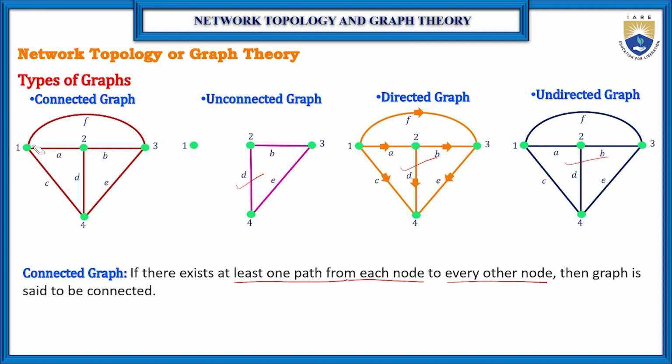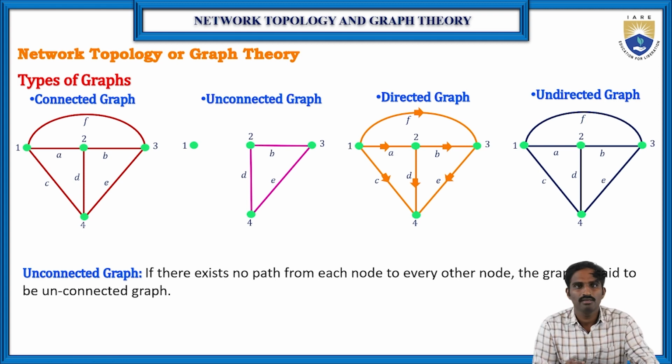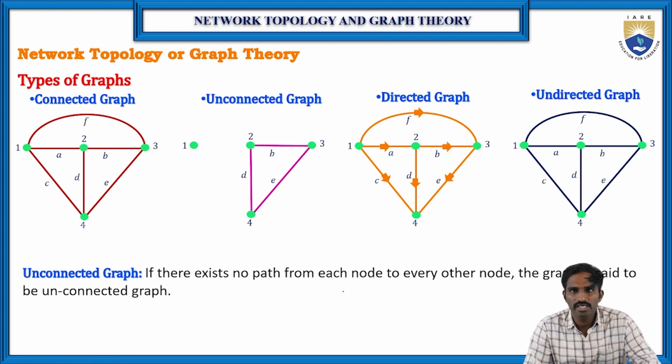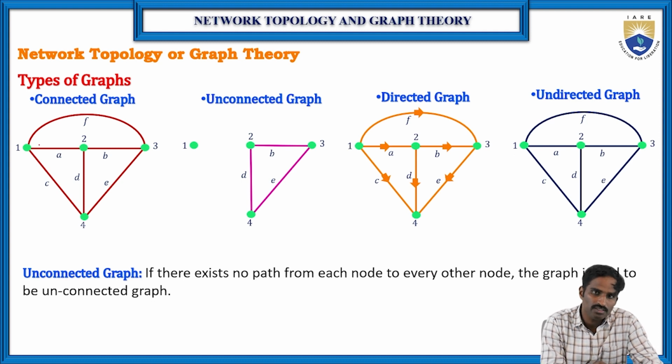Then coming to what is meant by the unconnected graph. An unconnected graph means there exists no path from each node to every other node. So the graph is either connected or unconnected. If there is a path from each node to all other nodes, then that is a connected graph. If there is no path